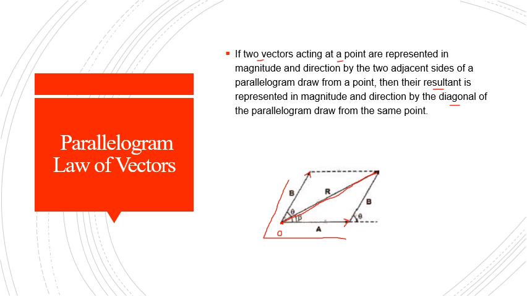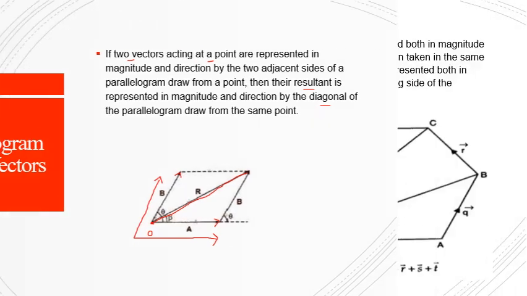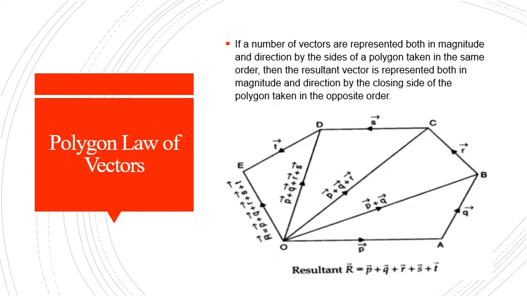So what we saw in the triangular law of vectors: if two sides of the triangle are the two vectors, then the resultant will be the third side of the triangle. Do you remember that? And what about the parallelogram law of vectors? If two vectors act from a particular point, and these two vectors are the two adjacent sides of the parallelogram, then the resultant will be at the diagonal of the parallelogram. So this is your parallelogram law of vectors. This is your third law of addition.